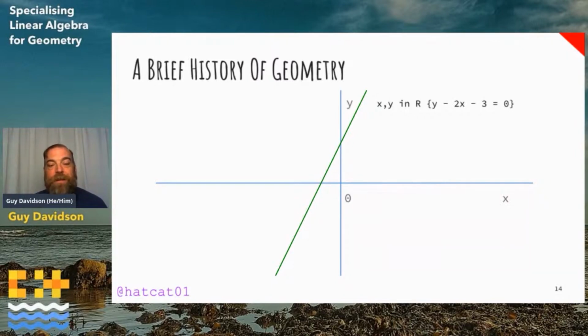How do we algorithmically compute the full set of points? Well, thanks to algebra, we can arrange this equation to y equals 2x plus 3. And all we need to do is go through every value of x and retrieve the corresponding value of y. Now, you will recall from your elementary education that these 2 constants have names, the gradient and the y-intercept. And this gradient is what allowed Newton and Leibniz to come up with differential calculus.